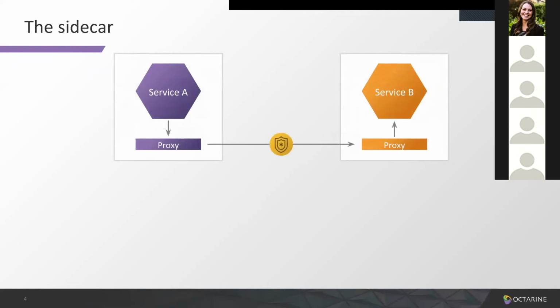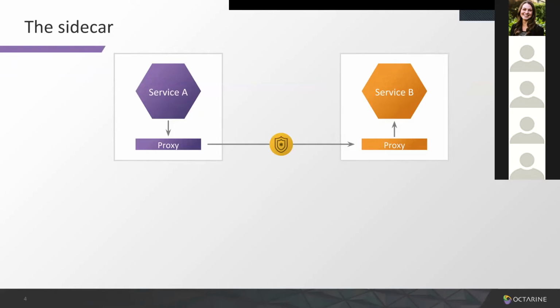So what would a security sidecar's job be? A security sidecar has to trap all inbound and outbound traffic to a service, and it has to enforce encryption, authentication, and authorization for that service. It also has to report, log or trace traffic information to a central location where it can be analyzed and audited in the future.